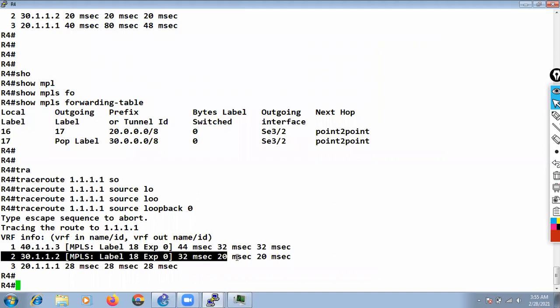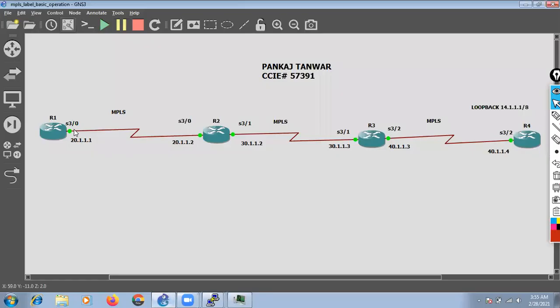So this is the last device which received the MPLS labeled packet, right? After that, the MPLS information is removed, and the next router, which is R1, is going to receive the packet without any label. That is why, as we discussed, on an MPLS enabled interface, if the router receives anything without a label, it is going to check its routing table. If it receives something with a label, it is going to check the LFIB. So this is how the normal label operation happens.